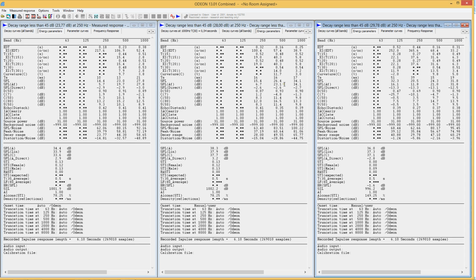So when you're there you can use a mobile phone to record impulse responses and then analyze it here.